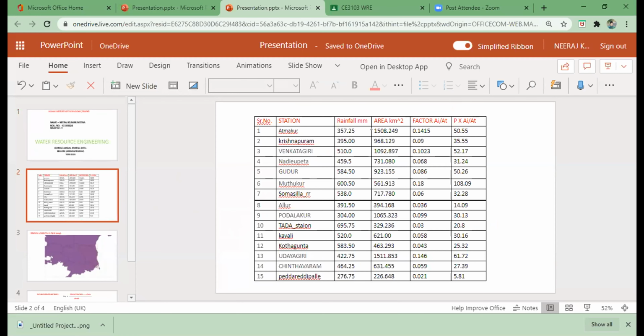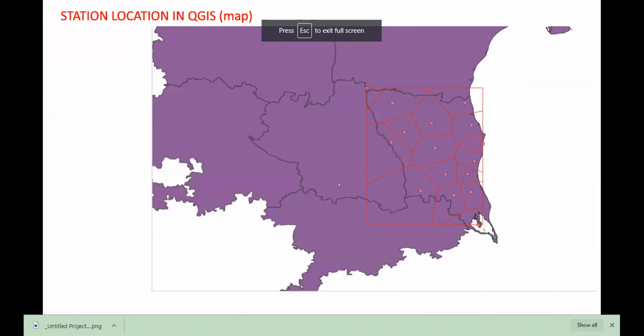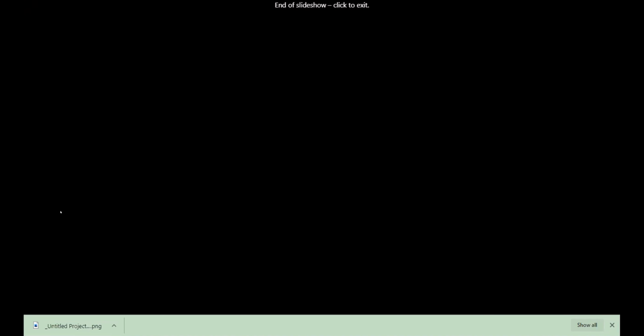Can you show us the Thiessen polygons? Yes, sir. Oh, it's a very light color. I'm not able to... Can you put it on full screen mode? I see you've done it, but somehow the colors are a little bit... Now it's much clearer. Okay, good. Can you go back to the previous slide? No, the previous slide. Back. Use the left arrow key.